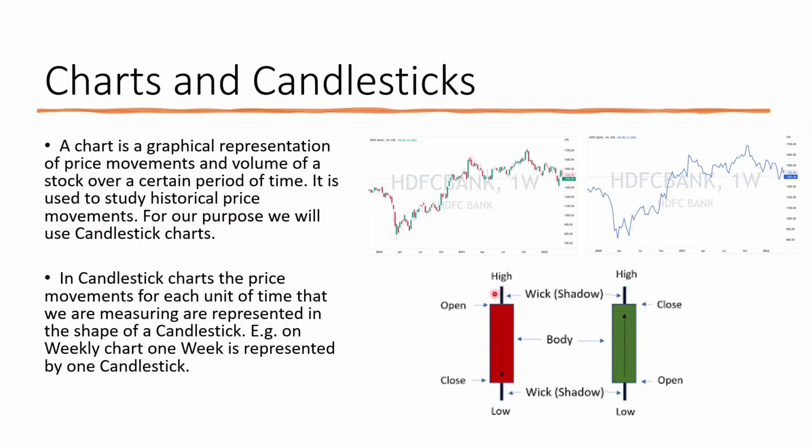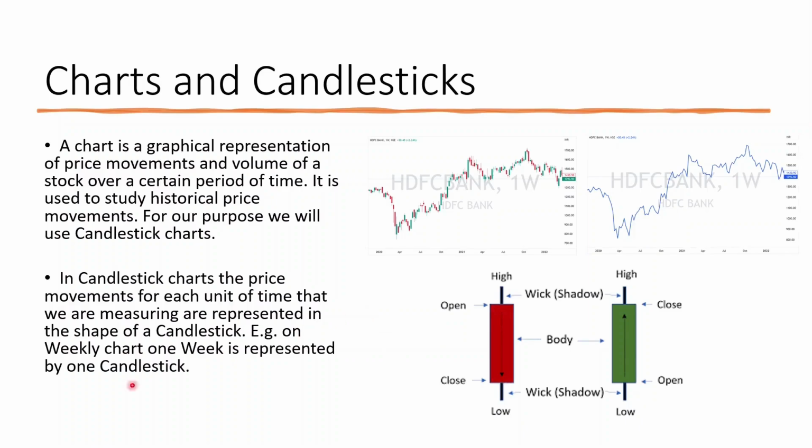So the design of this candlestick will change based on how price has moved during this week. So how is this actually formed? In this case, because it is a red candle, that means price has moved lower. So the starting of the body is the opening price, and the closing of the body is the closing price for the week. If you want to imagine this as a line,